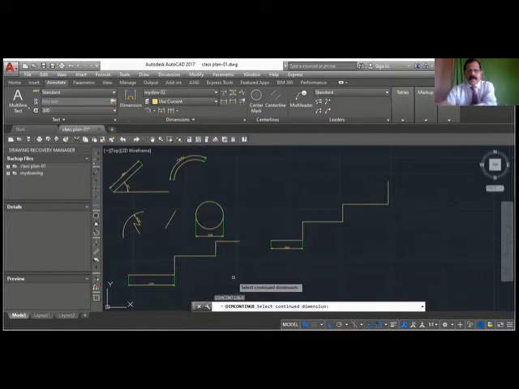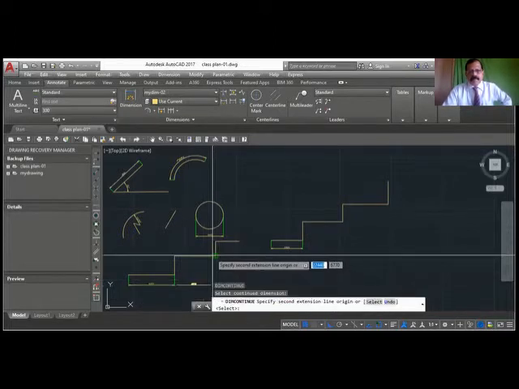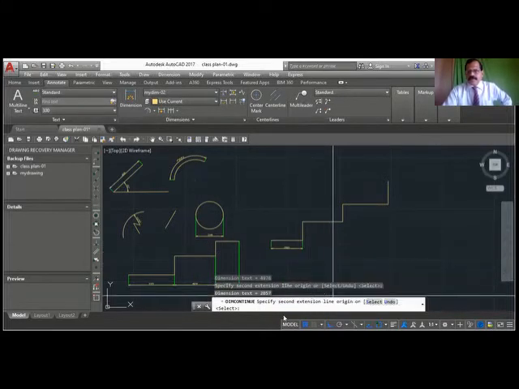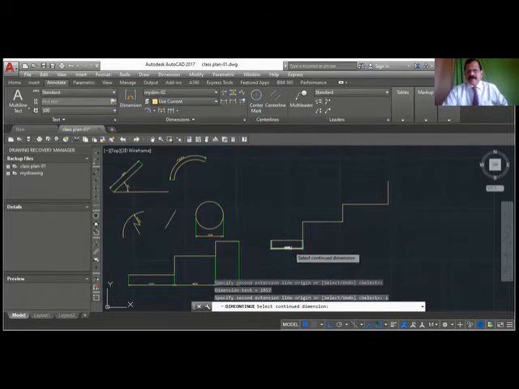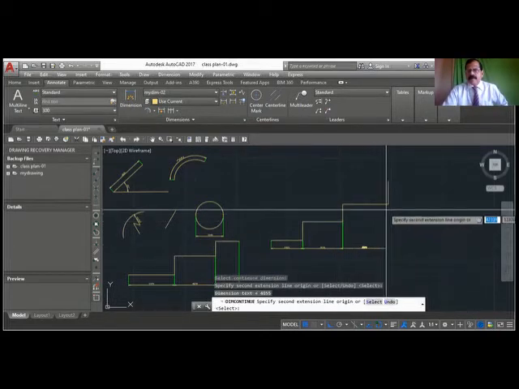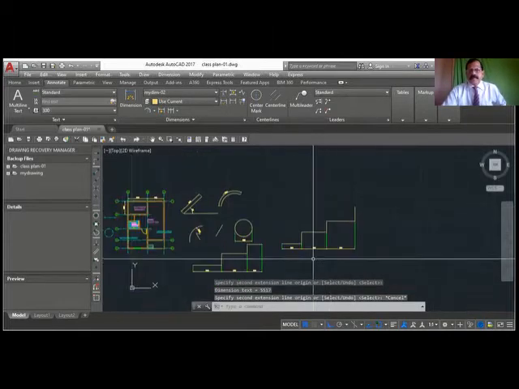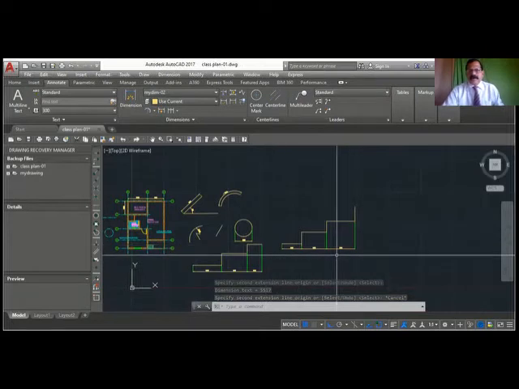Okay, so I have broken some command. I am coming back here. I have to select dim continue, select the continue dimension, this one. Now I want to go here, so I can't use the same one. I will use the select because it's another place. Okay, that's how you use the select. So this is dim continue.